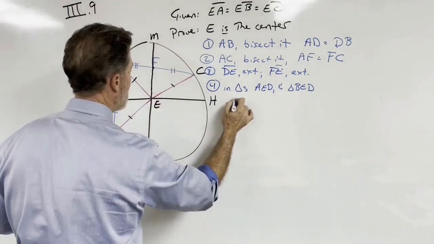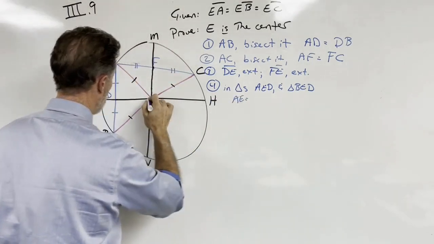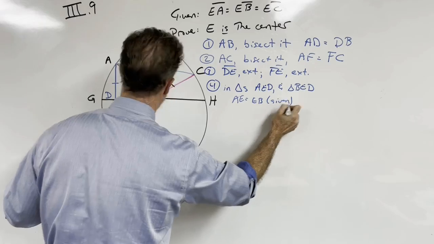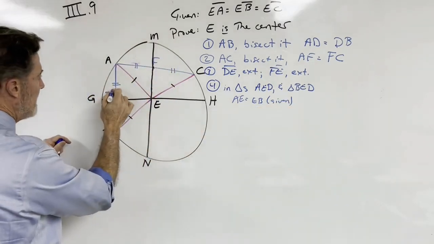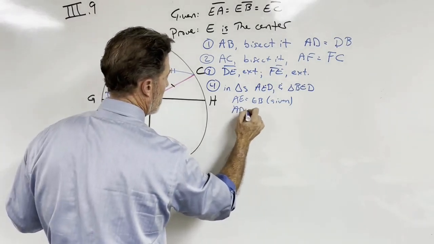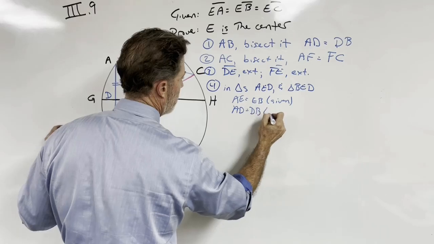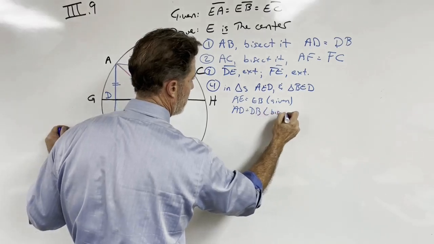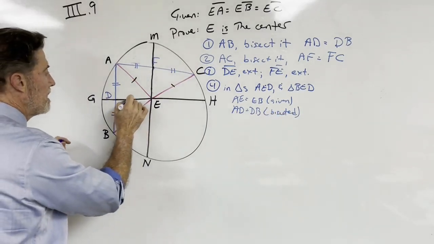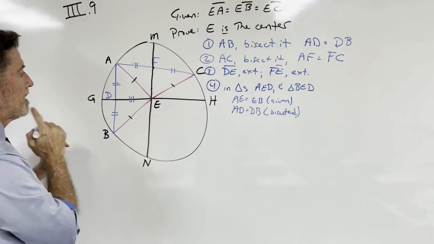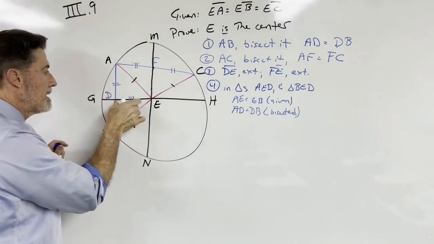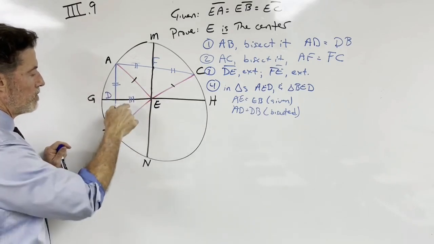We know that AE is equal to EB, because that's given. We know that AD and DB are equal, because it was bisected. And they have this third line in common. DE is in common. So we should be able to see that we've got side, side, side